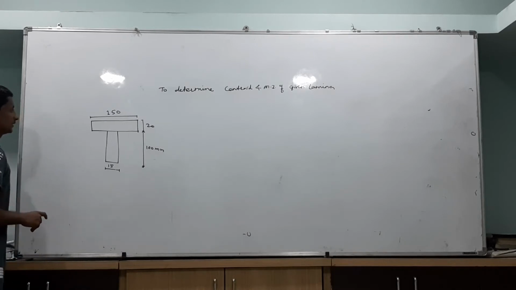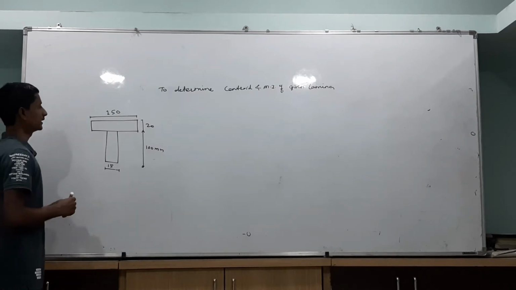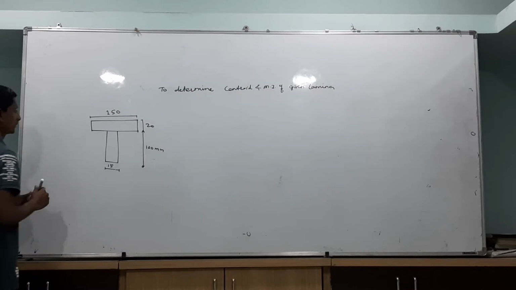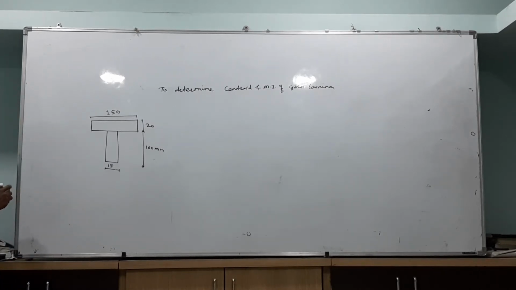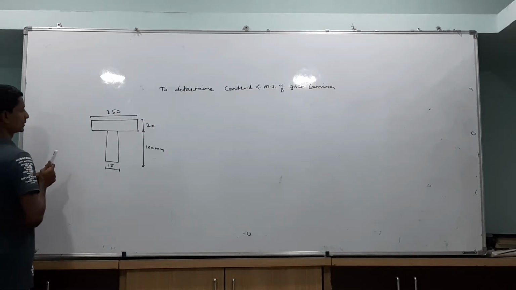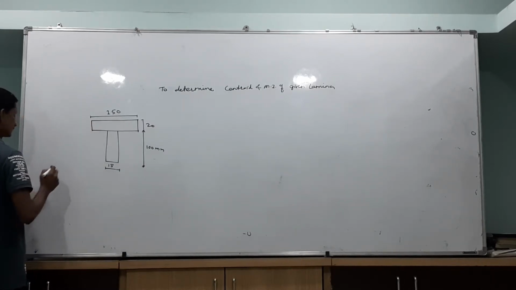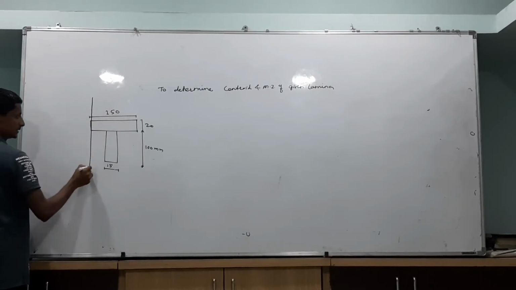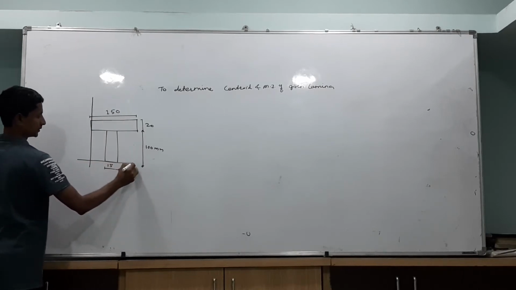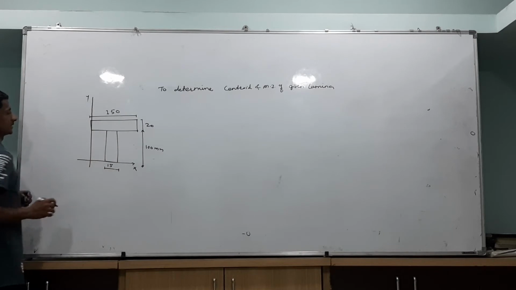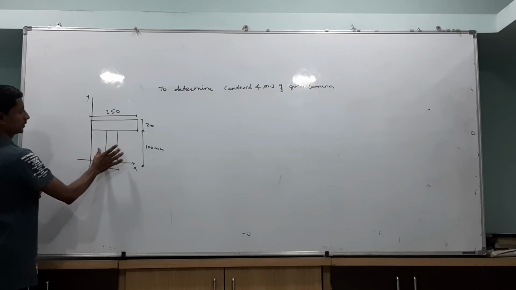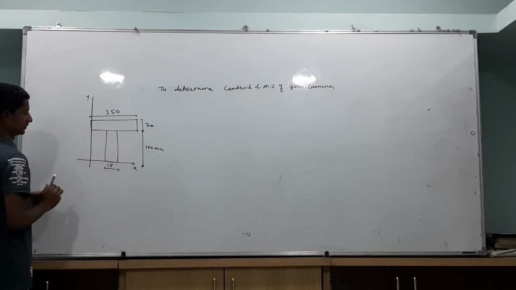When we are going to determine the MI of the given lamina, first of all we have to find out the centroid of the given composite figure. In this case, first of all, fit the given figure in the first quadrant of the coordinate system, as shown in figure. Suppose this is y-axis and this is x-axis. So this is reference x-axis and this is reference y-axis. So this figure is fitted in the first quadrant of the coordinate system.